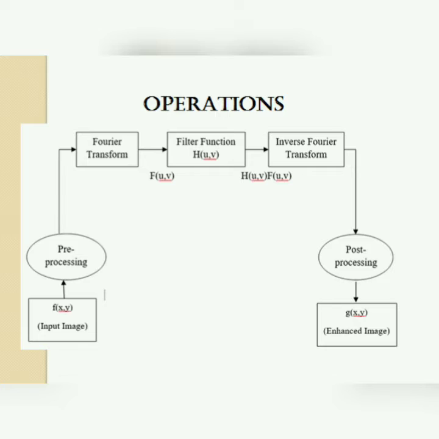So we have to take the help of the inverse Fourier transform. We shall get the result back in the spatial domain. Hence, we can get the visualization and a proper display of the filtered image. Then we can apply simple post-processing for further display, and we represent the resultant filtered image as g of x comma y. The motive is to do the filtering in the frequency domain to give a better visual quality of the image with respect to human visual perception.